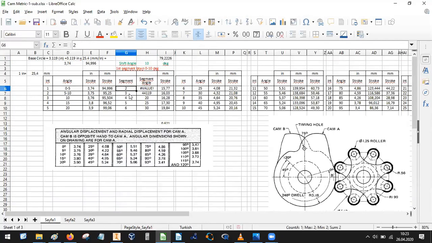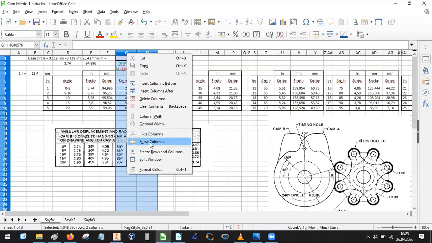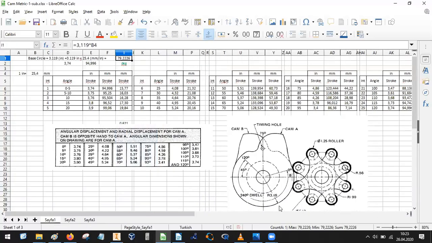I have the segments numbered, and this time I will just make a new table, which is this one. I will just subtract our base circle from the given value on the table, which is this one,